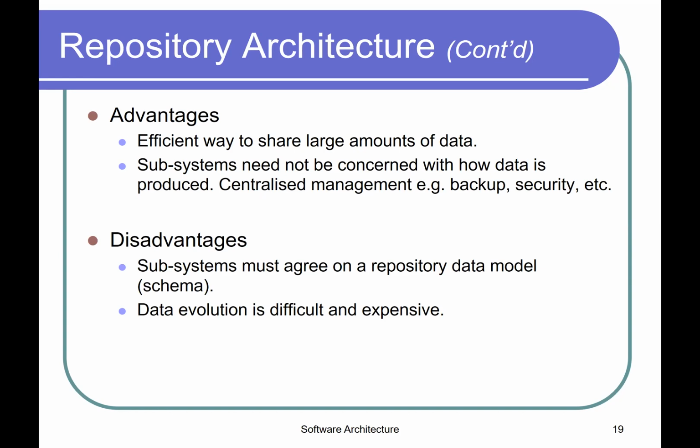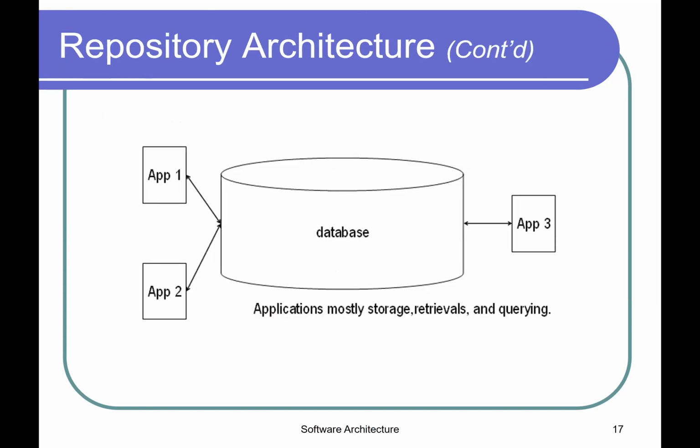The other thing is that data evolution is difficult. So finally we've done the compromise, and we set up the format in a certain way: first name first, then the last name. Every one of those 500 applications has the first name first and the last name last, and then we decide to switch, so the last name is first and the first name is last. What you've got to do now is go back to all 500 and tell them, oh, we've changed. Can you please make sure that you update your process as such?